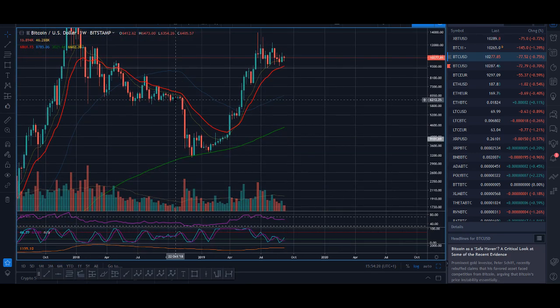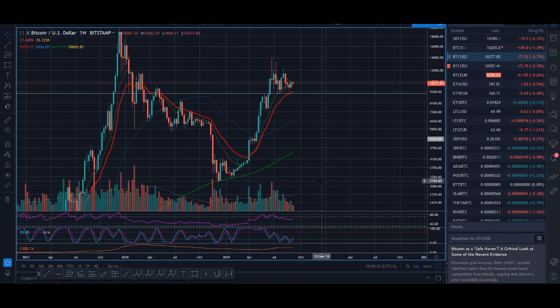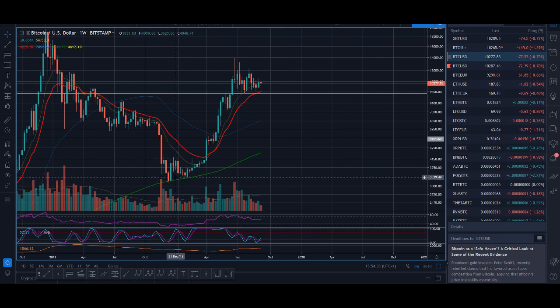So when volume dries out, you're not really interested in buying, but when volume goes up, that's when it supports the move. So if the price is going up but the volume is not increasing, you should get a bit worried. And when the price is going down, you want volume. You can't hide volume. Again, in cryptocurrency, a lot of the exchanges are manipulated. They have fake volume to attract people and fake out people.